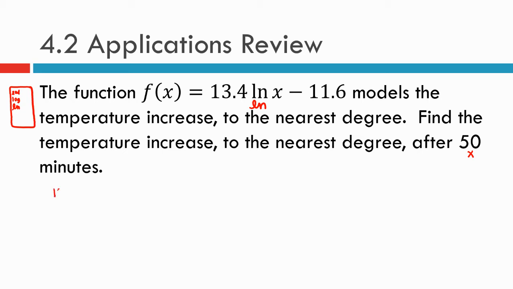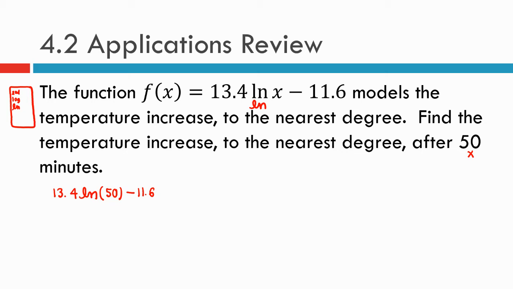So in the calculator, if you're using the yellow one, you can literally type exactly what you see. We have 13.4, then you can hit that LN button and it comes with a parenthesis. So right off the bat, then you can put in that number 50. But notice that you then have to close the parenthesis before you start subtracting that 11.6. If you do not close that parenthesis, you will not get the correct answer. So make sure you close that parenthesis. But if I then calculate that,